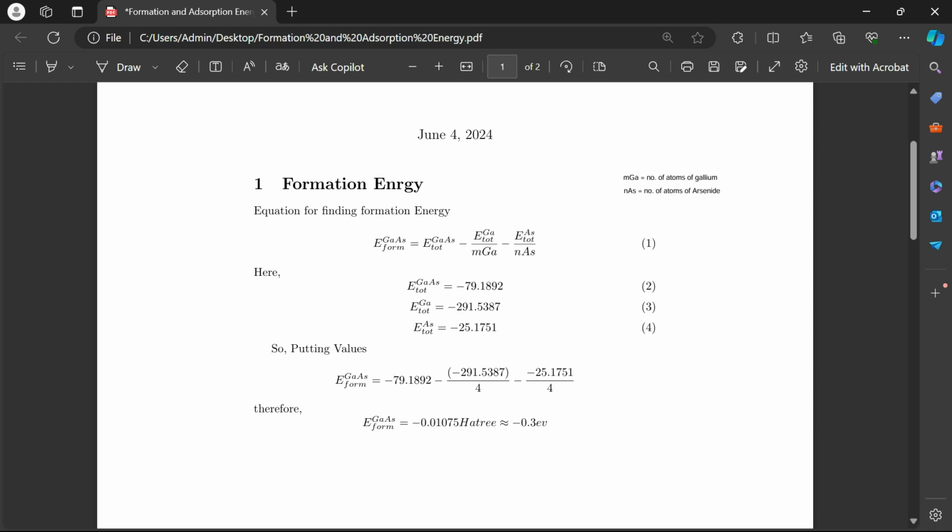In which you can see the total energy of gallium arsenide is minus 79.1892, the total energy of gallium is minus 291.5387, and the total energy of arsenide is minus 25.1751. So we have to put these values into this formula, this is equation 1. When we put the values into equation 1, we divide over 4 and divide over